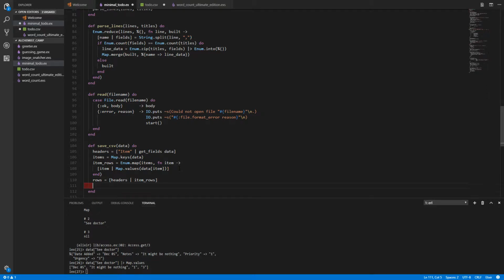And each of these rows is something that looks like this, plus the item name on it. And so you can see it's a list of strings, but a CSV isn't structured that way. It's just a binary file. So instead of a list of strings, we want to convert each of these rows, each of the lists, into a string, and we join the elements with a comma, since it's a comma separated value